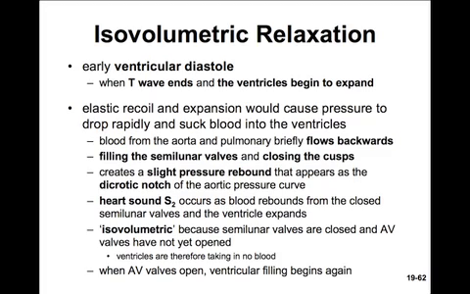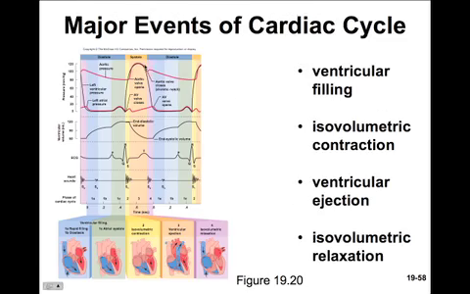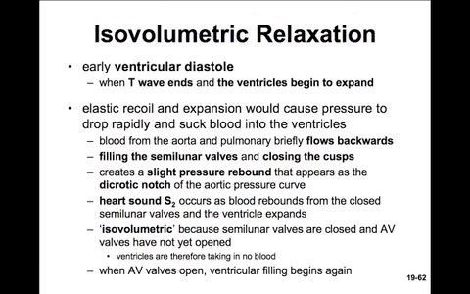Blood from the aorta and pulmonary arteries briefly flows backwards. This fills the semilunar valves and closes the cusps, preventing backflow into the heart. It creates a slight pressure rebound, which appears as the dicrotic notch, which is seen in the aortic pressure curve right here. This is where we hear the heart sound S2 as blood rebounds from the closed semilunar valves and